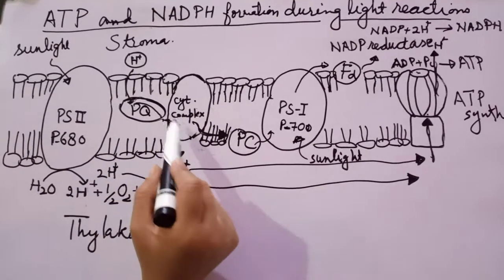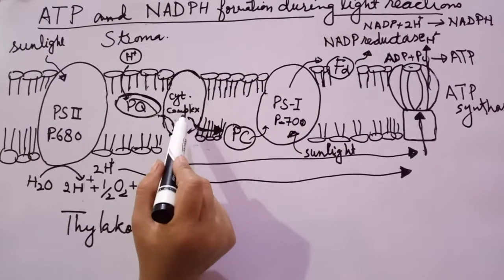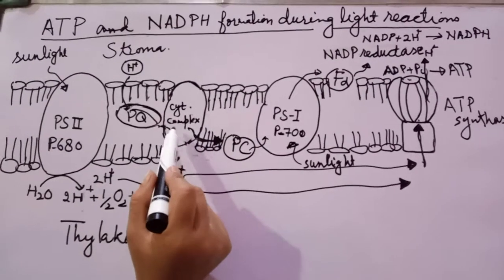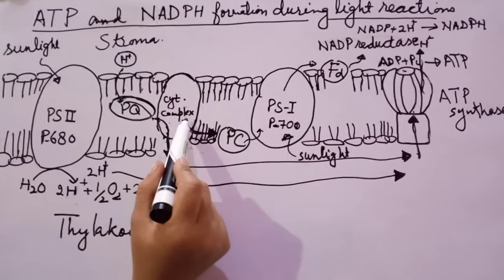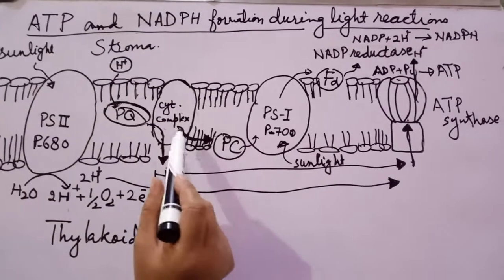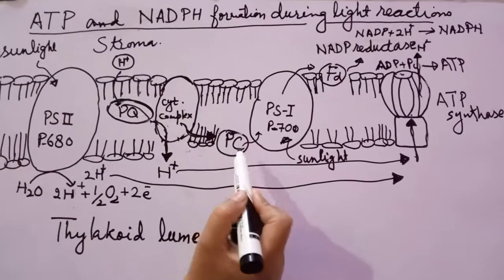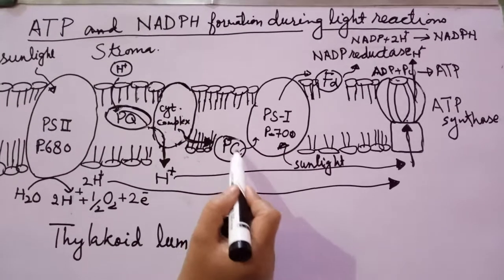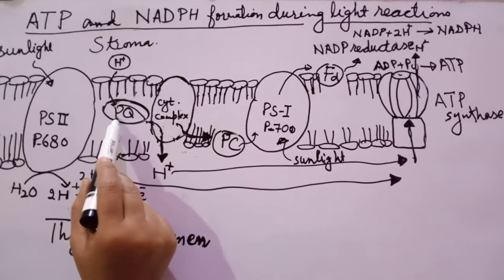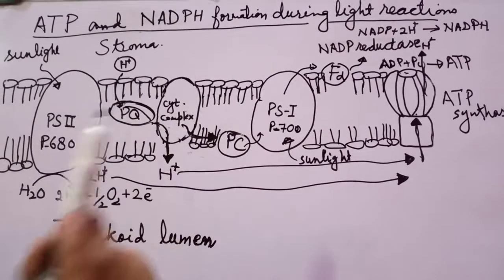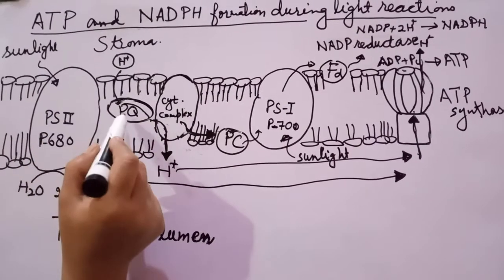protein, and the second component is the cytochrome complex. We call it a complex because it consists of two types of cytochromes. One is called cytochrome B6 and the other is called cytochrome F. Then the next component of the electron transport chain is a copper containing protein called plastocyanin. Cytochrome complex and plastoquinone both are iron containing proteins,